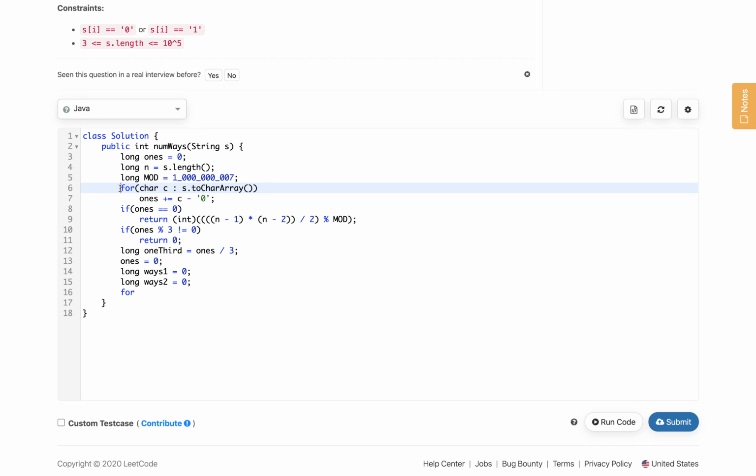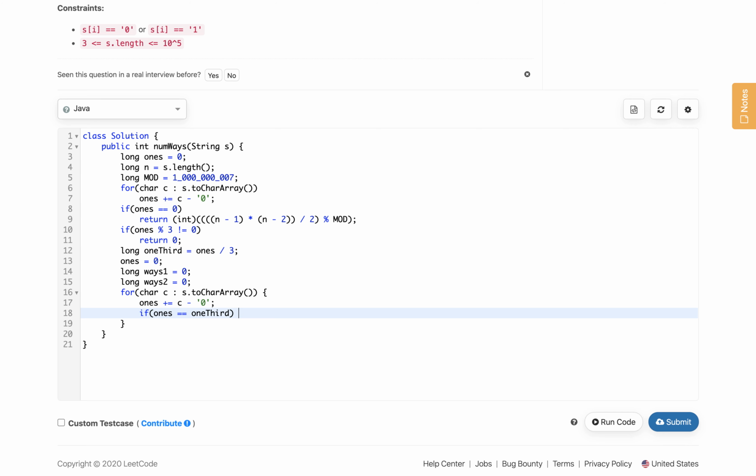Then again we will use this for loop and iterate through each character. Now we will count ones again, but now we will put two conditions. If ones is equal to one-third, which we defined here, then we will update base 1 plus plus, and we will use the same for 2 into one-third, so two-thirds basically, and update base 2.